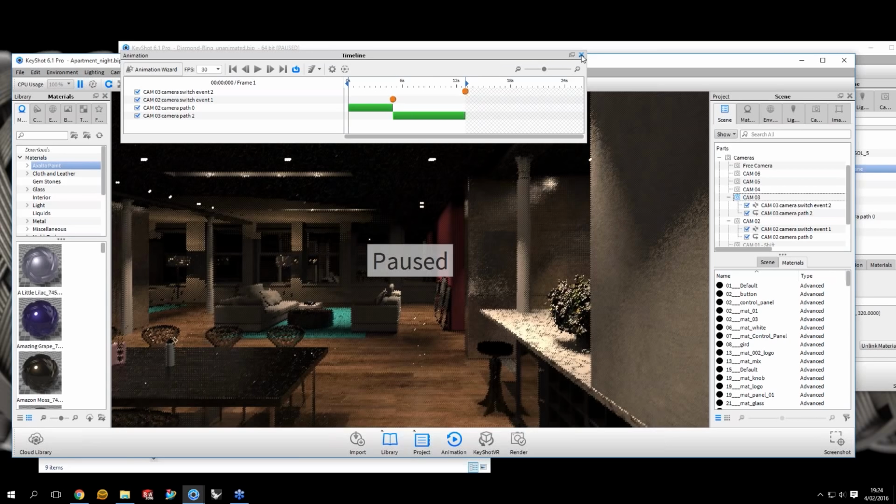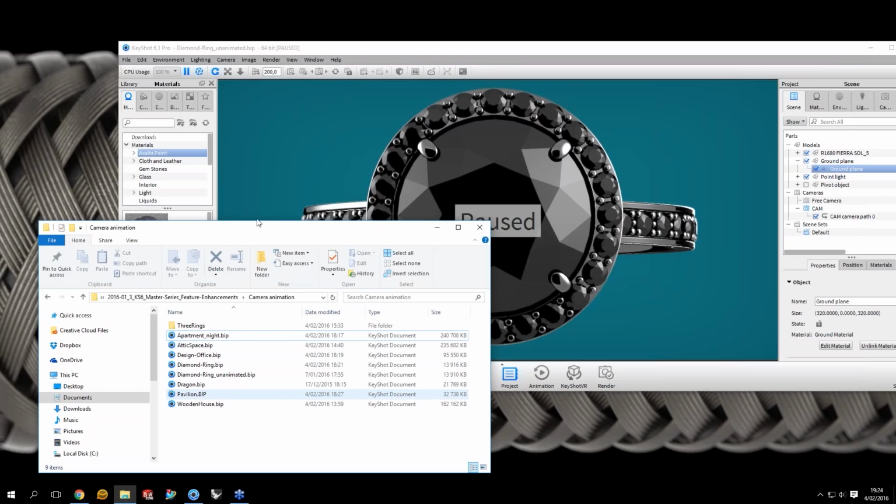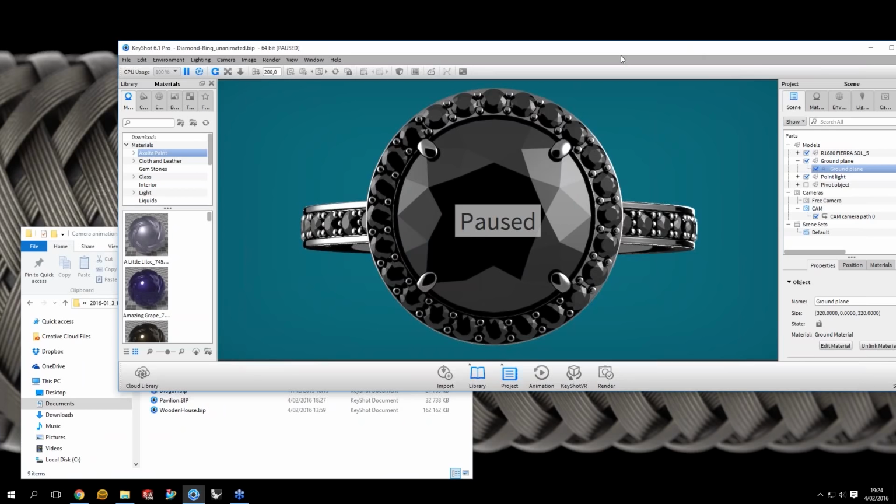So that's about paths. We still have a few more new animation types,